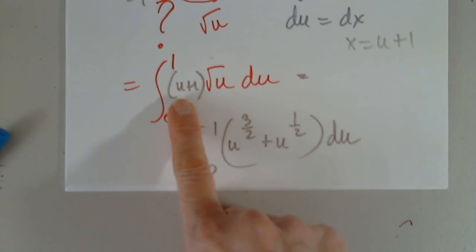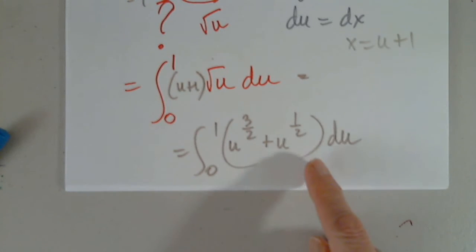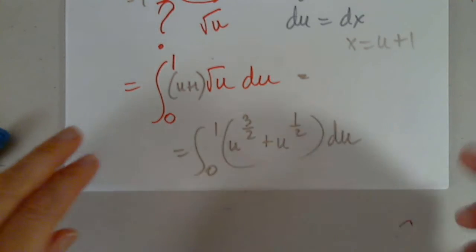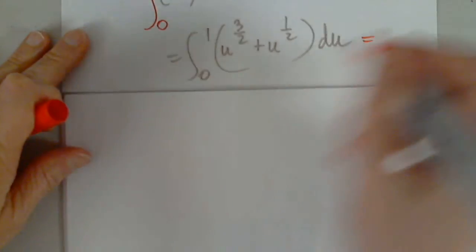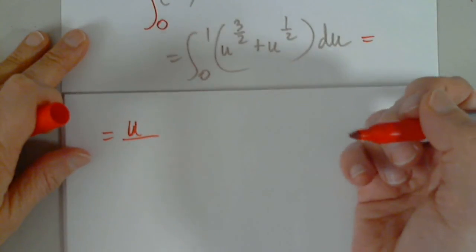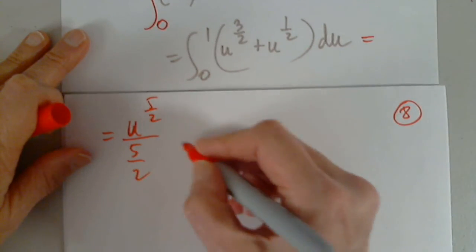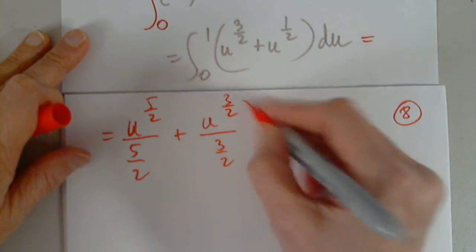So I distributed multiplying u by u to 1/2, and I got copy the base and add 1 plus 1/2. And then 1 times the square root of u is u to 1/2. I have to find the antiderivative and then plug in the upper limit and the lower limit. And this is it, in the sense that it's almost complete. So u to 3/2 plus 1, 5/2 over 5/2 plus u to 1/2 plus 1, 3/2 divided by 3/2, everything